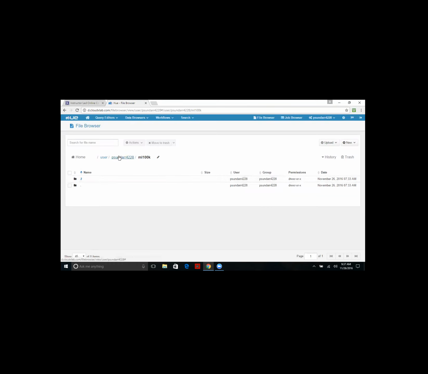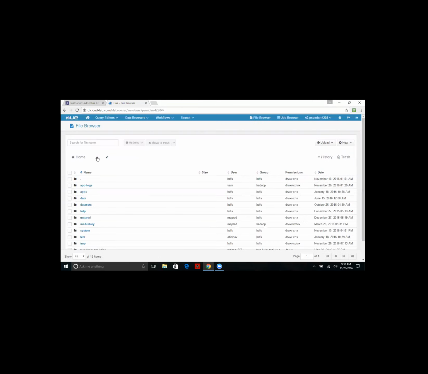So you have created this folder. Now go to the top level. You see the first slash before user? Click on that.